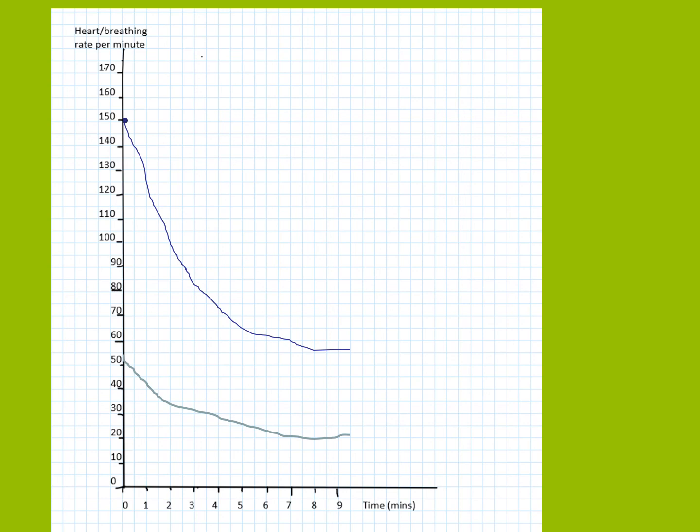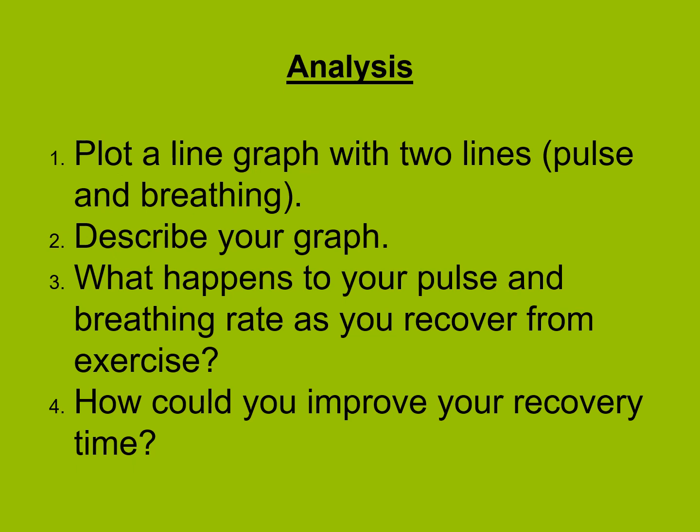So you will need to pick one colour to plot your pulse or heart rate results, and one colour to plot your breathing results. Now you won't just be drawing terrible squiggly lines like mine, you will be plotting the individual points for your pulse rate, and then drawing a line of best fit through those points, and then plotting individual points for your breathing rate, and doing another line of best fit for your breathing in a different colour. So you will end up with a graph that looks something like this, but with the individual points plotted on as well. If you're not sure how to do it, then your teacher will be able to help you. So once you've plotted that graph,